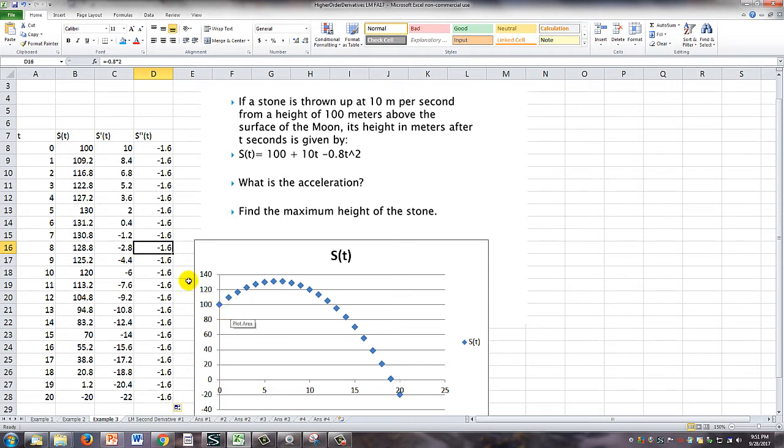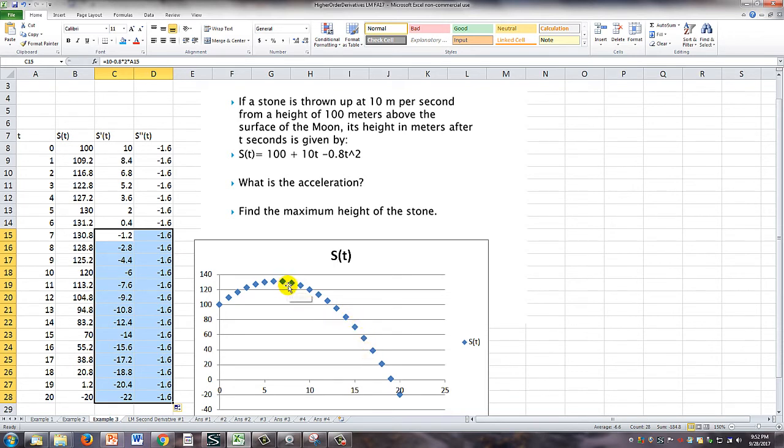And so now, since we're looking at the graph, we can look at these derivatives here. See right here, from about 0 to 6 seconds, the first derivative is positive and the second derivative is negative. So this is deceleration, which makes sense. You throw the stone up and gravity is taking hold, and so it's increasing at a decreasing rate. That's deceleration. And then from here on, your first derivative is negative, your second derivative is negative, and that's acceleration,